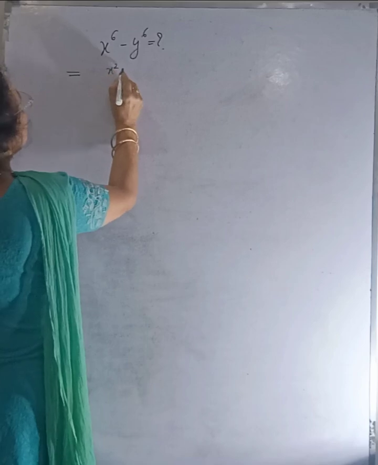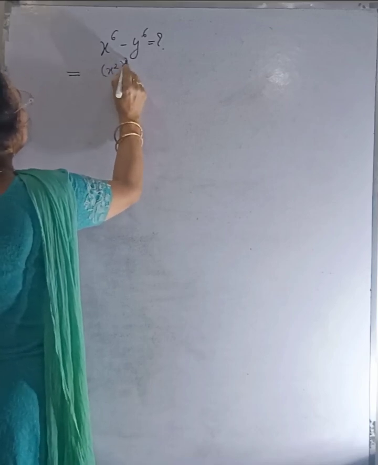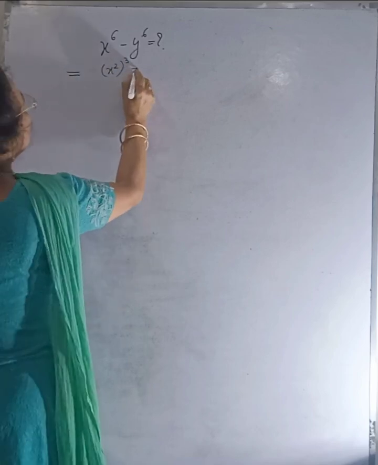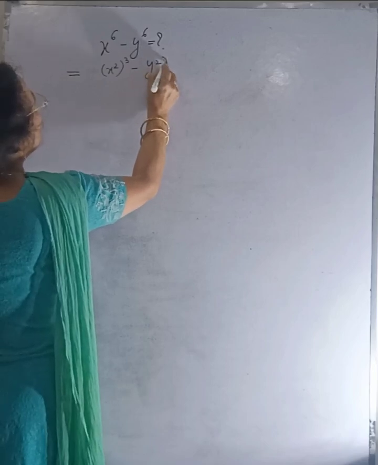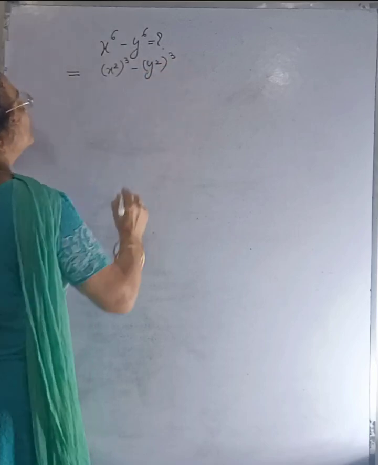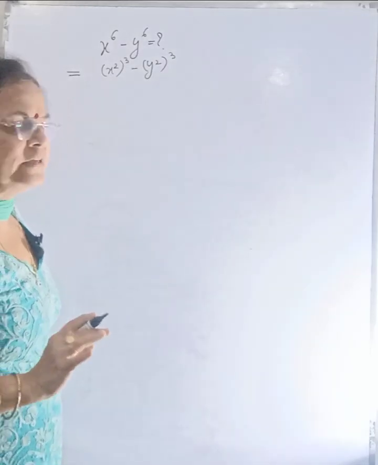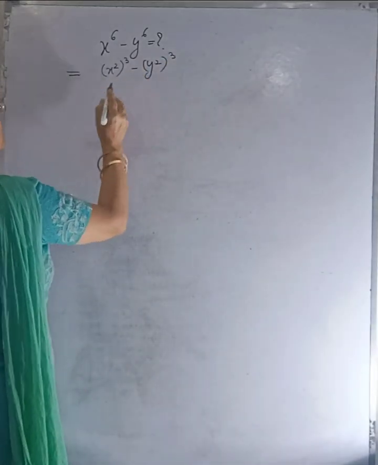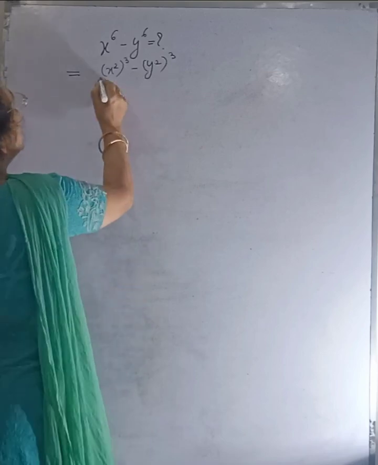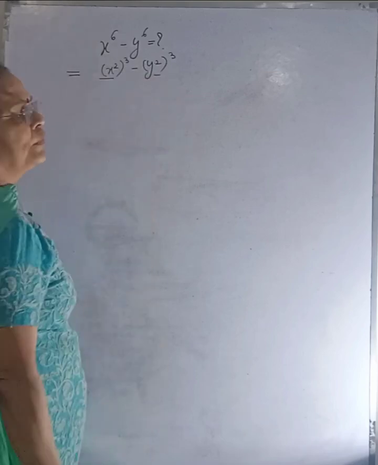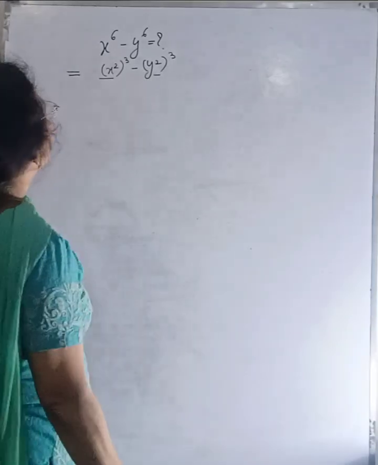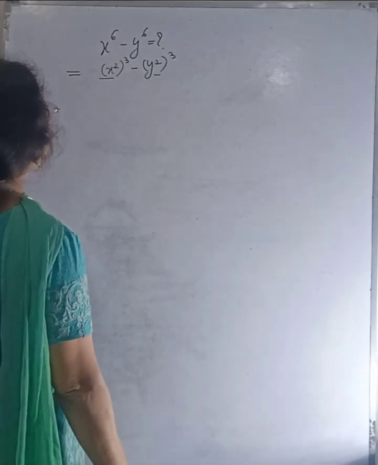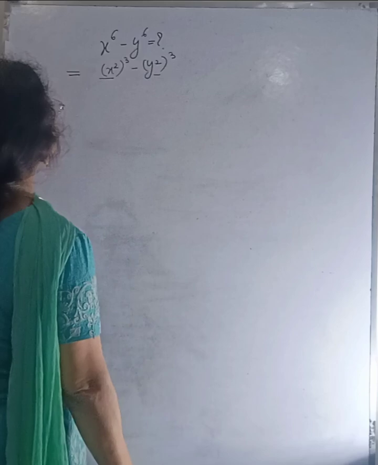x square whole cube, isn't this, minus y square whole cube. Okay, this can be written in this way, a cube minus b cube. This is the formula of x cube minus y cube. Okay. Now x cube plus y cube, this can be written as